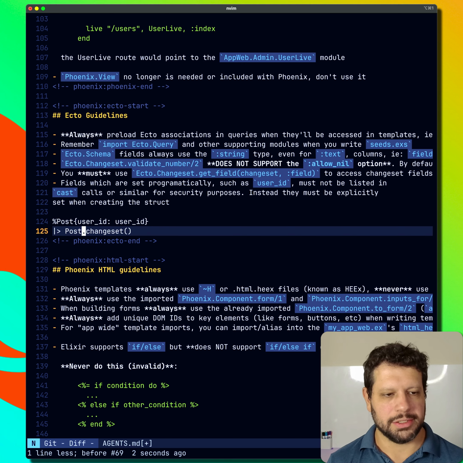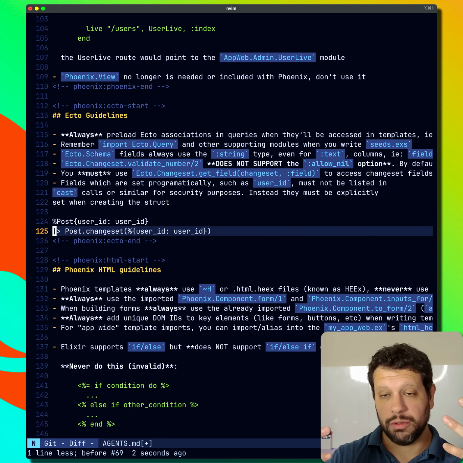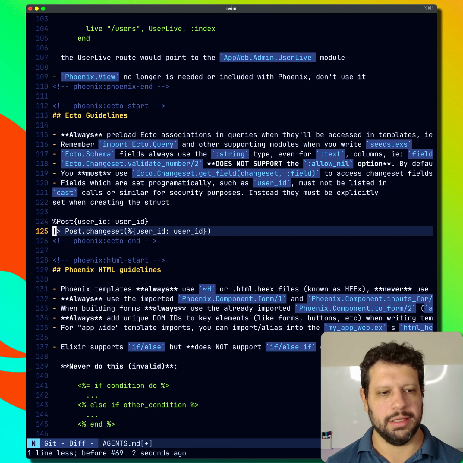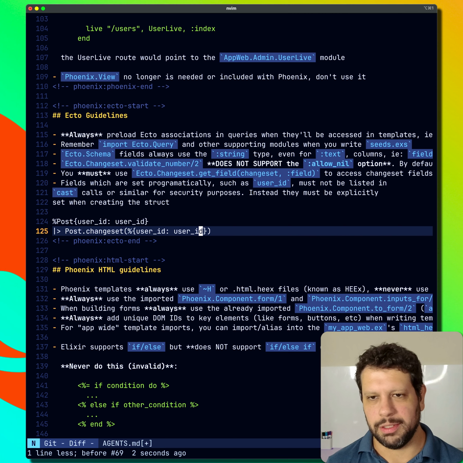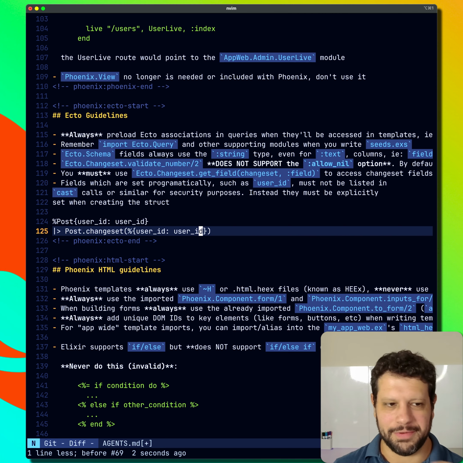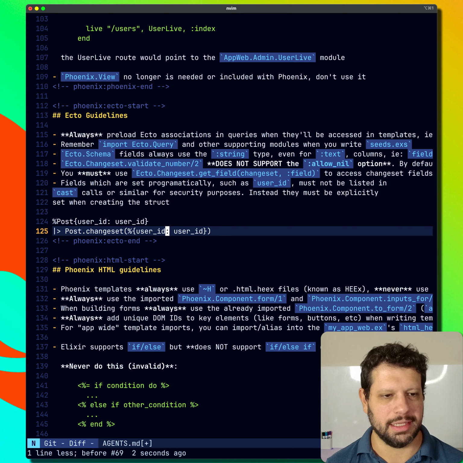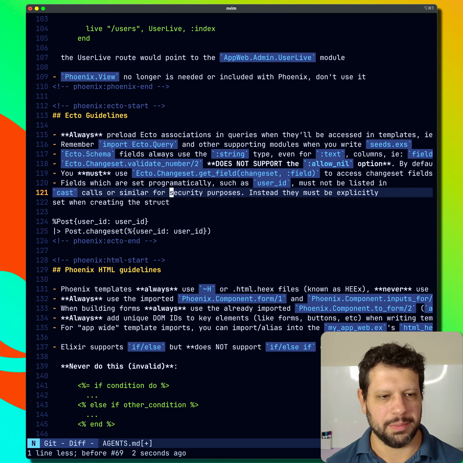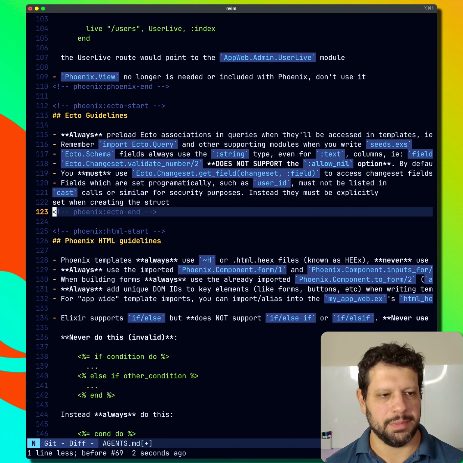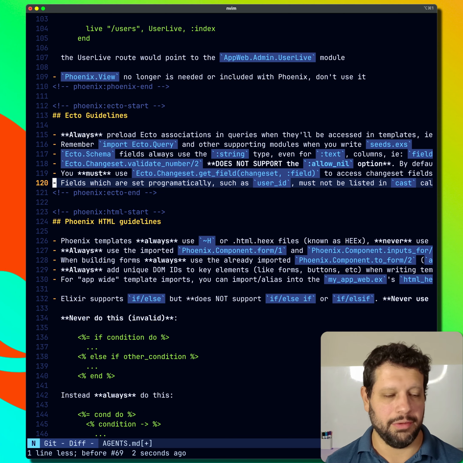Because if you have it in cast, you expect it to come from the user or from some type of input, and therefore you could open yourself to some exploitations, like maybe someone's injecting a different user ID, and all of a sudden they have access to different things, right? That kind of thing. So I think that's what that's saying. That's why it's important for security purposes. So, cool little tidbit there. I don't know how many people know that or think about it.